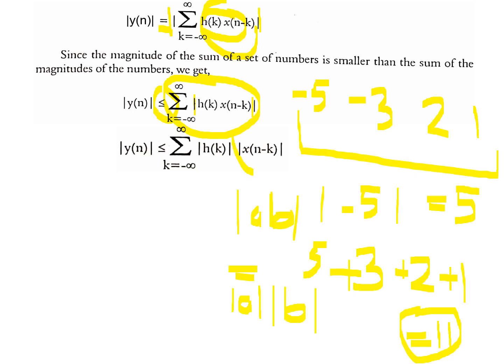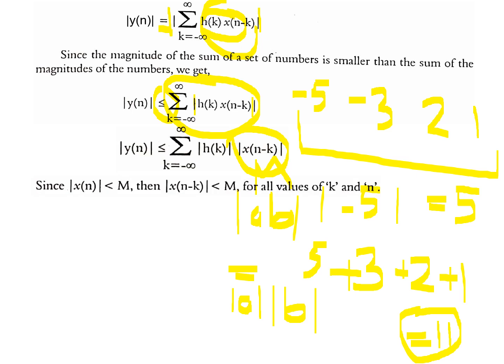Now I will put the value of x of n. I have already taken x of n to be a finite number, say m. In the place of x, I'm writing m. Already in the beginning of the derivation, I bounded the value of x to not greater than m. The maximum value of x can be m, so I'll put the maximum value. So the next expression is, see, already I have taken in the beginning that mod of x of n is less than m. That means mod of x of n minus k also is less than m for all values of k and n. That means I'm putting the value of m here.